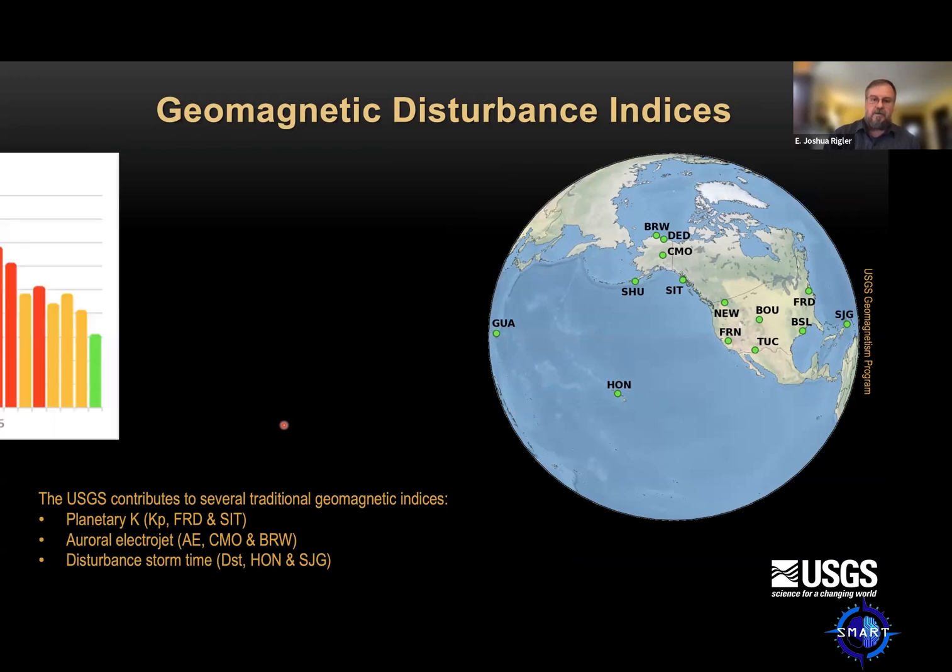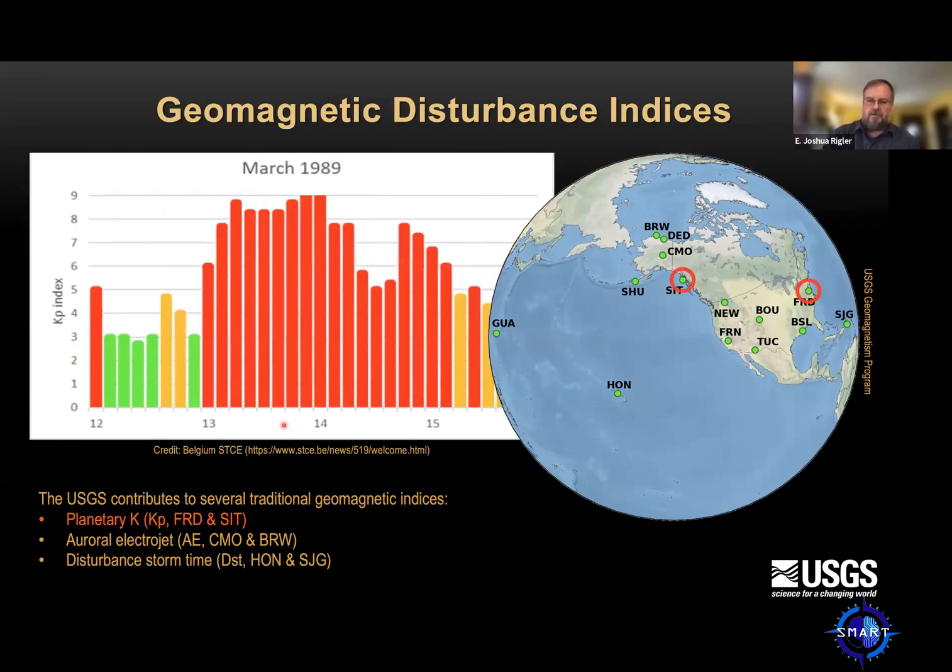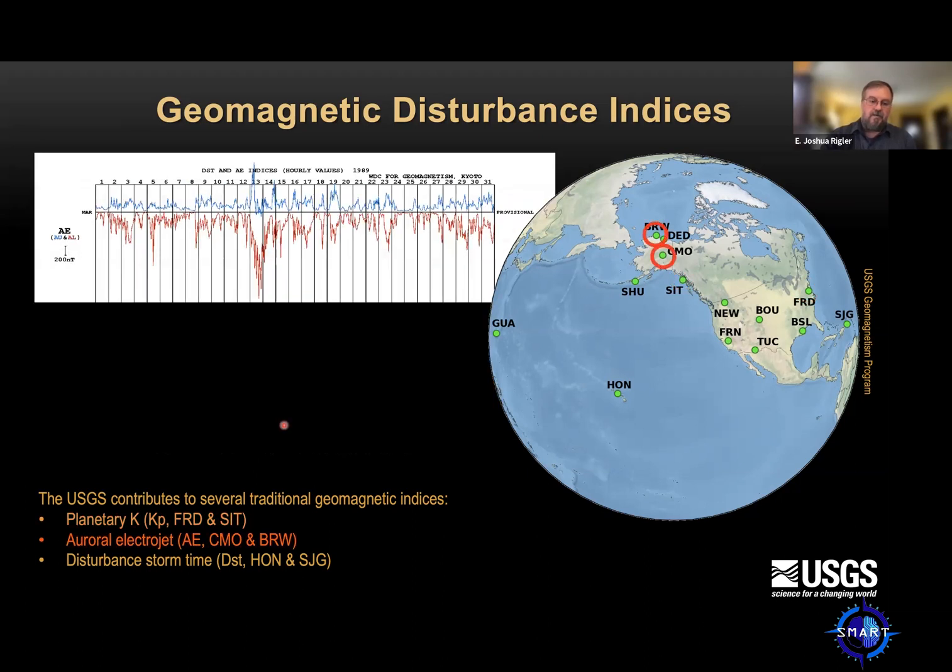And so we contribute to that with our Fredericksburg and our Sitka observatories, which you will be able to see circled here. And so this plot that's zoomed in from the left is the KP index, which is a log-scaled index that attempts to normalize things for different locations. And it gives you a measure of just how active overall the magnetic field is, how much it's changing. And some people will use this actually as a proxy for whether or not you might see aurora, especially at lower latitudes.